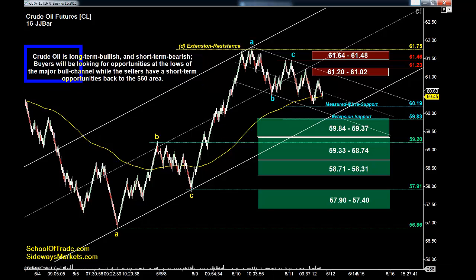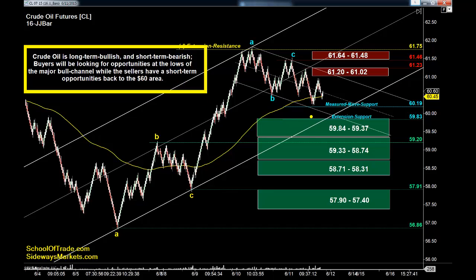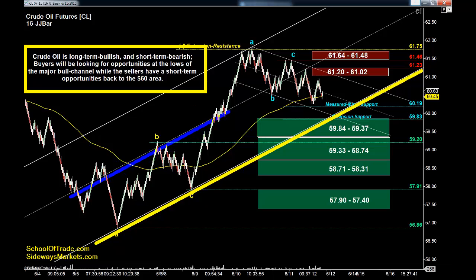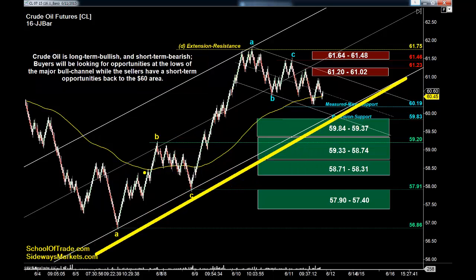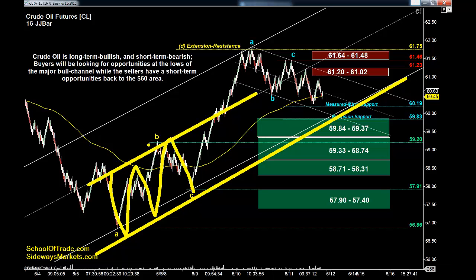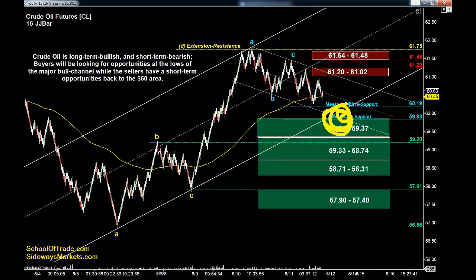Anyways, buyers will be looking for opportunities at the lows of the major bull channel. See the major bull channel? When we saw the overshoot of this channel, if it doesn't immediately correct, then that tells you to get a multi-tier channel. That's what I did, right? Took what we thought was a previous little single channel here, and we said, all right, you win. Multi-tier channel. This really doesn't matter because this is where we get our eyes on here for you bulls, right? You bulls will be looking for that push higher from the bulls. Whether or not we go higher from there, that's to be determined. We'll wait for that tomorrow and Monday.